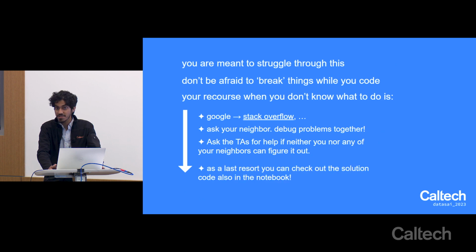And then as a last resort, we also have a solution code and notebook in our GitHub repo. So if none of these make any sense, download the solution notebook to take a look at how we've implemented it. That's not the single way to do it. There's many different ways, especially given the exhaustive list of packages available for something like Python. So take a look at the solution, and then think about how you'd want to do it.